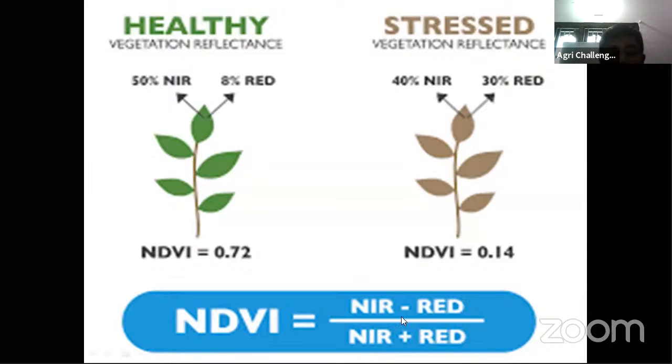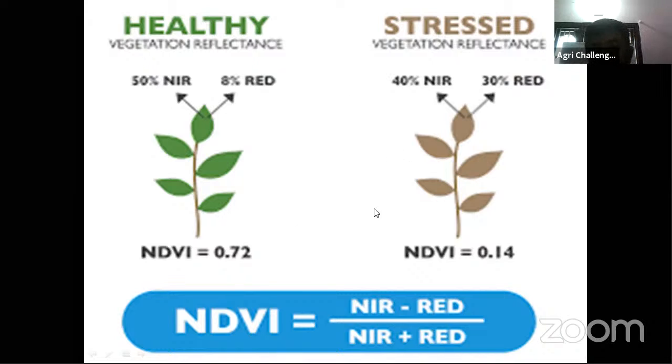So the NDVI formula is NIR minus red by NIR plus red. At NIR, meaning near infrared, the reflection is 50%. At red, if it is 8%, then it is a healthy plant. NDVI value is around 0.72.